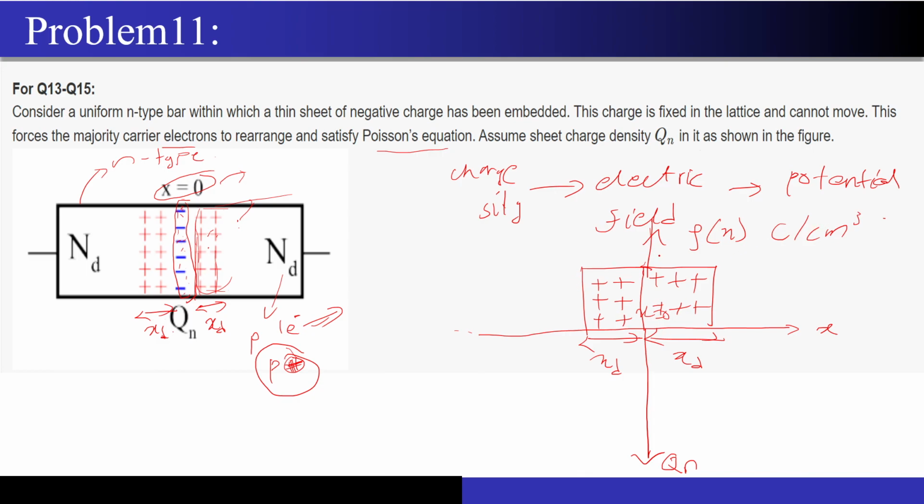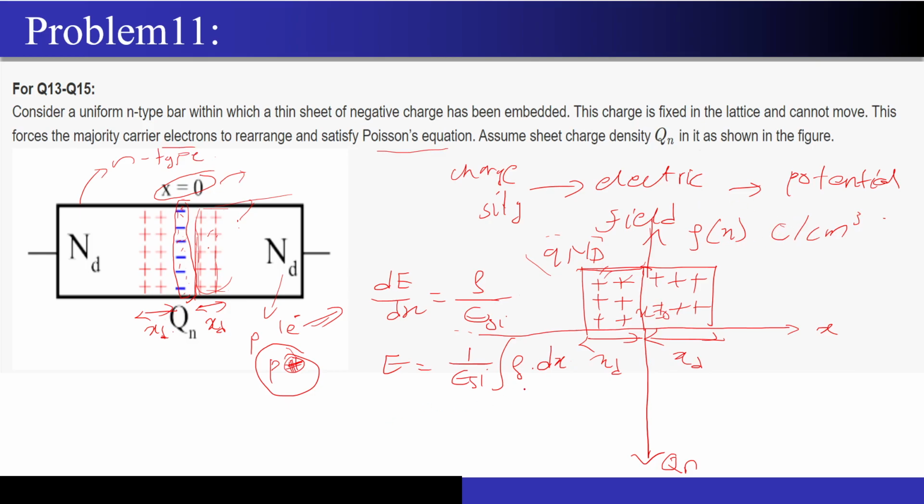Now how to find out the electric field from it? We have to integrate it, of course, right? So now what I can do, I have to integrate it. So I already know, right, dE by dx is what? Rho by epsilon, correct? So E is nothing but 1 upon epsilon times the integration of rho dx, correct? Now this is a positive constant, this is a positive thing that is present, right? So maybe I want to highlight it as q times nd, right? This is q times nd because this is how you write the charge, right? We want it in terms of coulombs.